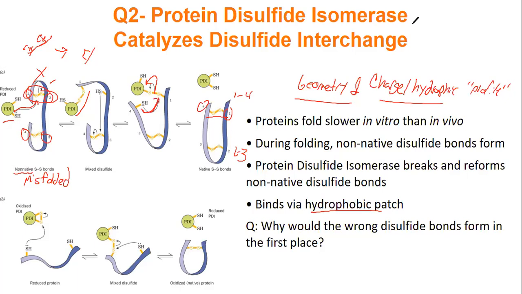So each PDI is specialized in a specific wrong conformation until it reaches the right conformation, which shouldn't have a PDI. That's the way I think of it, right? This PDI is looking for an incorrect conformation and it fixes it. And once it fixes the wrong conformation to make the right conformation, or native conformation, no PDI will recognize it to bind, right? No PDI has been evolved to bind it because